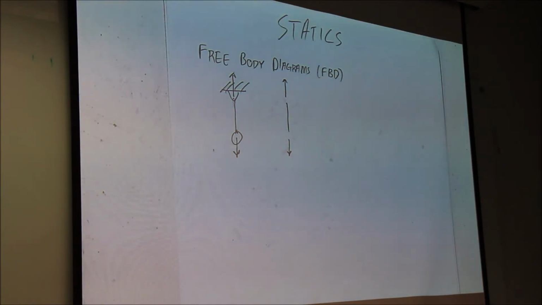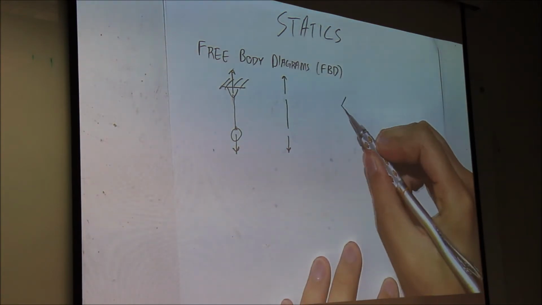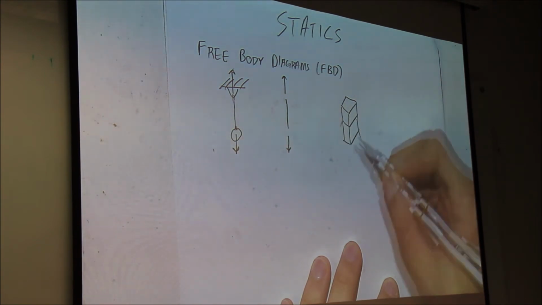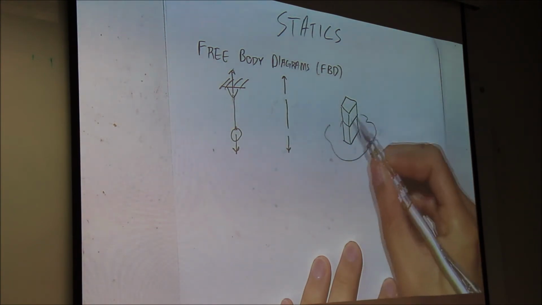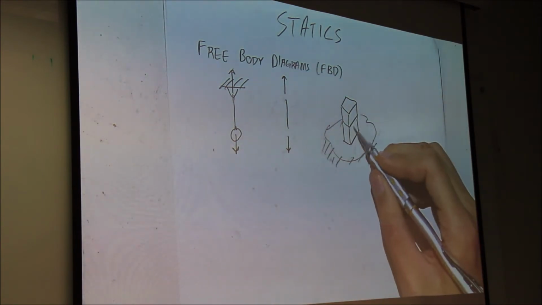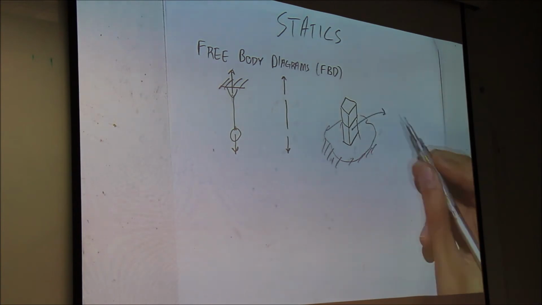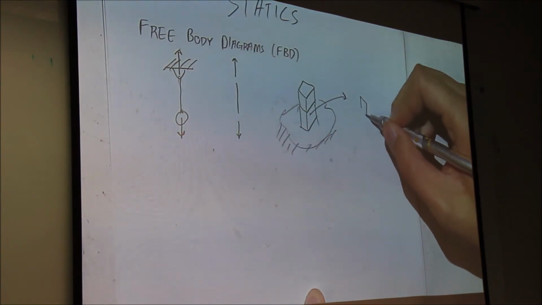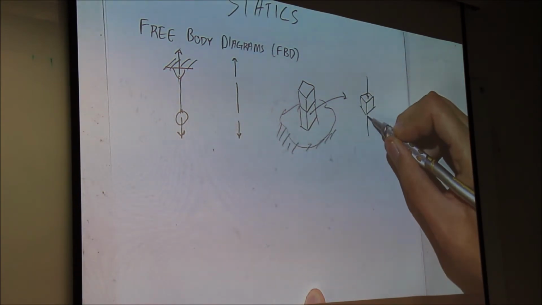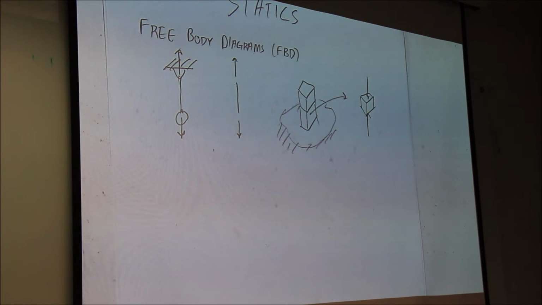So another example, let's say I have some boxes stacked up on top of each other, and there's some sort of ground that it's sitting on, and I want to look at this box out of context. Well, I can take it out, and I know that it's going to be feeling some sort of weight coming from the top, some sort of weight coming from the bottom, or some force pushing it back up. And so this guy just feels like he's being squished, right?